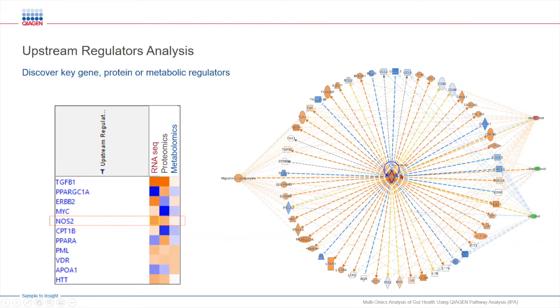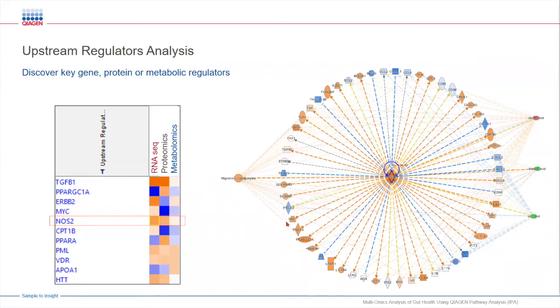So here in this example, we can see NOS2 is in the center, and it is targeting all these other genes that are impacting downstream functions such as migration of phagocytes, but also key metabolites like cholesterol, linoleic acid, and uric acid. So by constructing a network like this, users like you can not only generate a hypothesis, but can also design experiments in the lab. So therefore, using multi-omics data, we can identify key regulators and get a full picture of the biological phenotype.